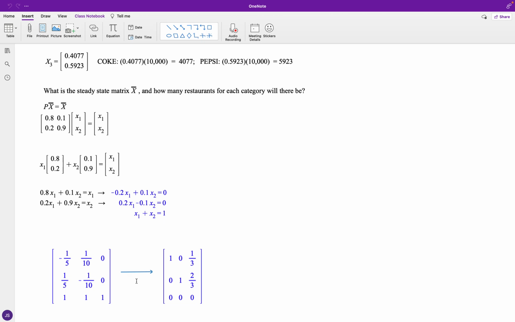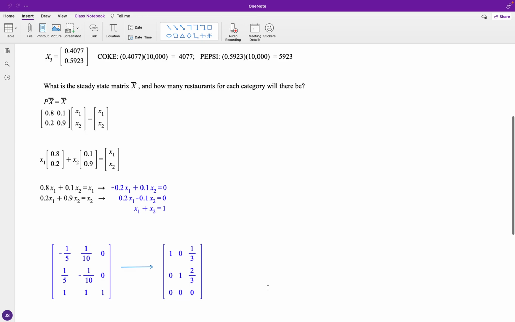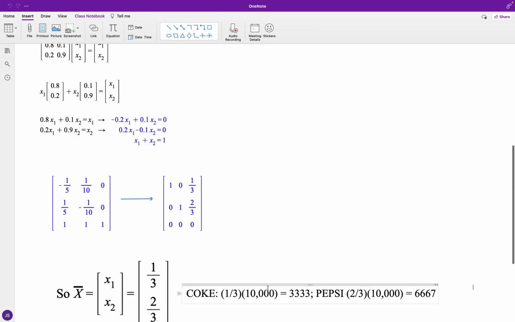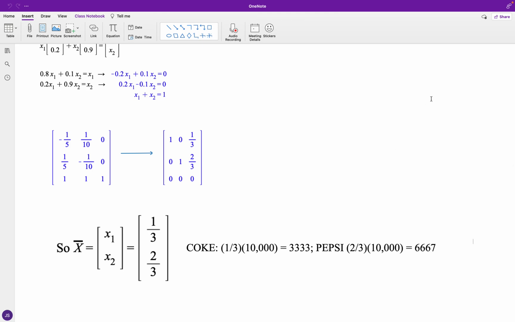And for what we have in the case of the reduced row echelon form, we have 1, 0, 1/3. So x of 1, which would be in reference to Coke, is going to be 1/3. And for 0, 1, 2/3, that signifies the x of 2, which is in reference to the restaurants serving Pepsi. Okay, we have it 2/3. And so what we're going to end up with is that for the steady state matrix, containing x of 1 and x of 2, this reaches out to the 2x1 matrix where x of 1 is at 1/3 and x of 2